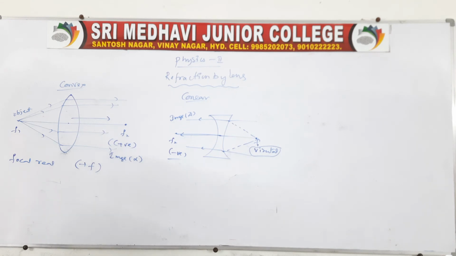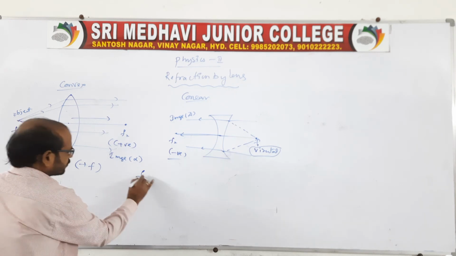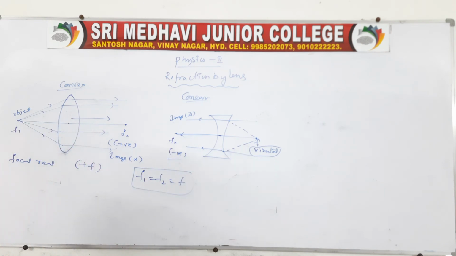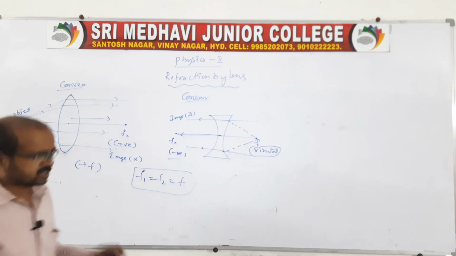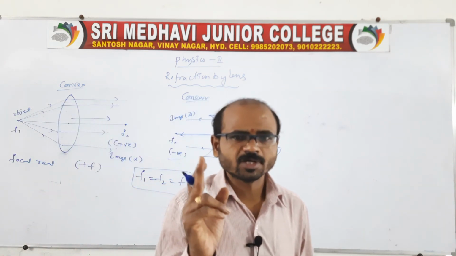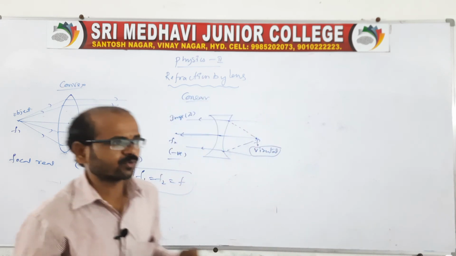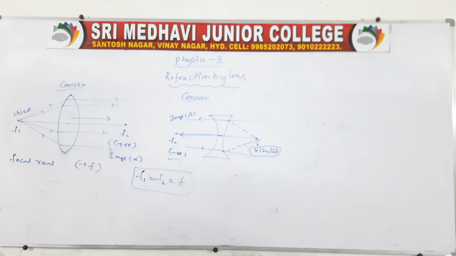And if the focal points are equal, yes, we can take F, but usually in both the lenses we consider only the second focal point. For the measurement, for the calculation purpose, we take only the second focal point. So this is the theory related to convex and concave lenses, which is very clear information. Is it okay now?